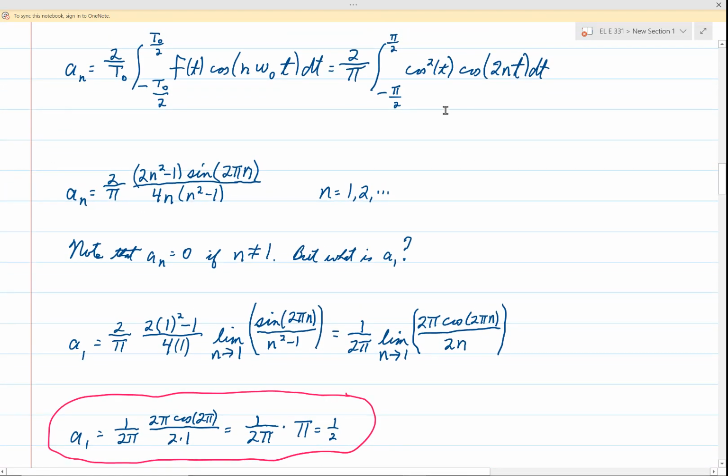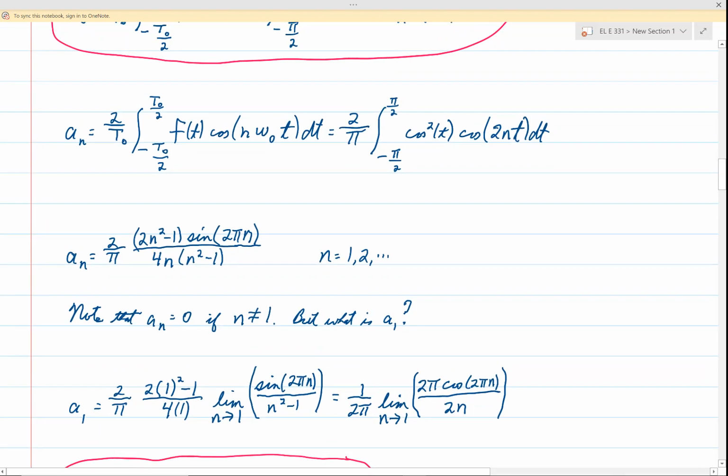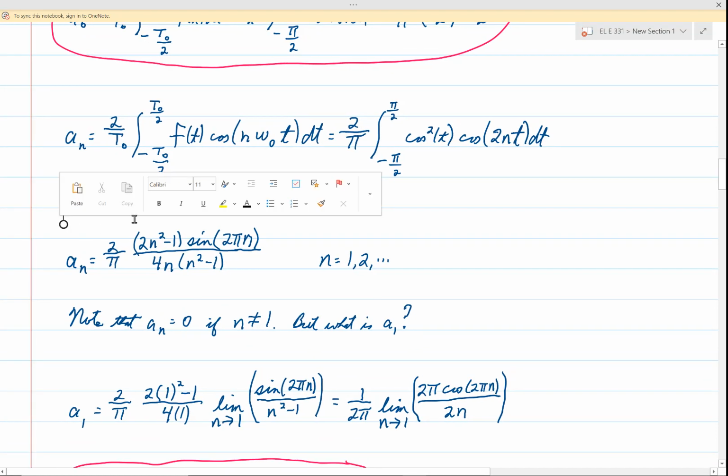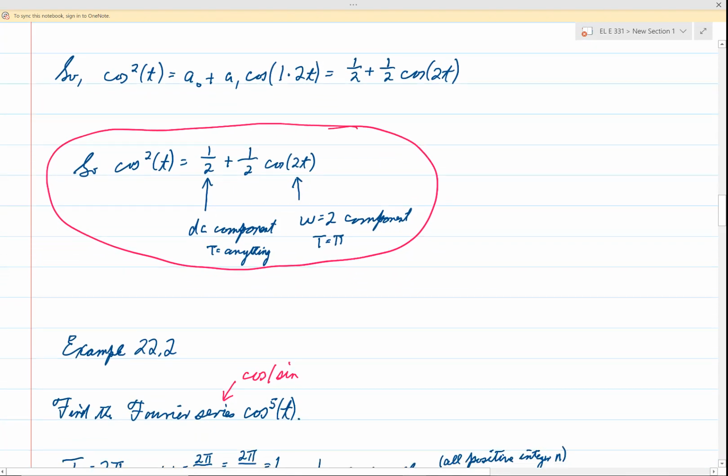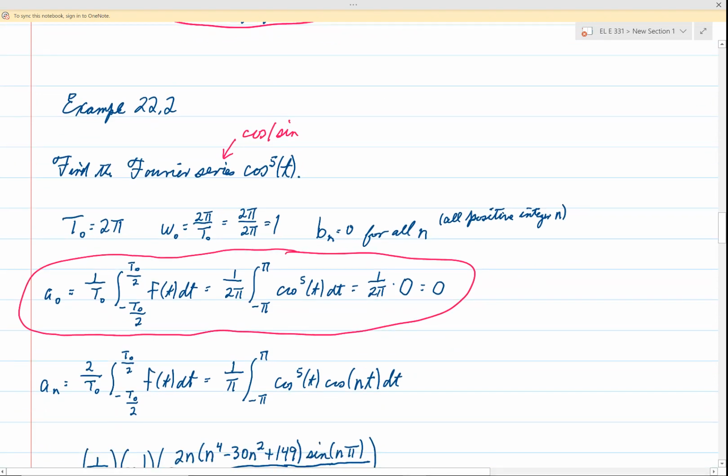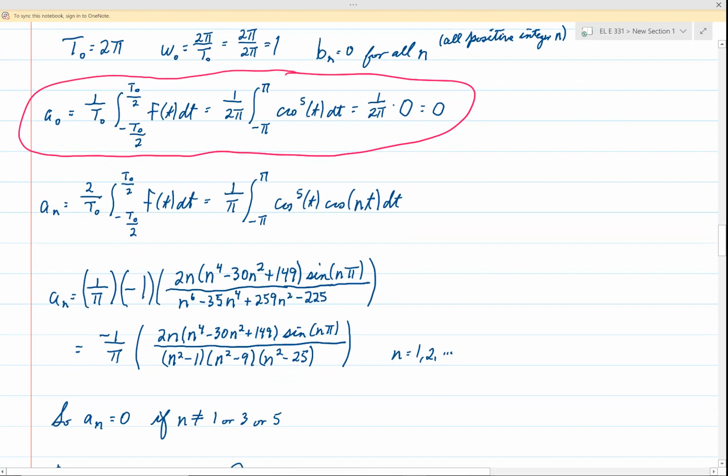Up here, when we used Wolfram Alpha, the roots were n equals 0 and n equals 1. So if we try